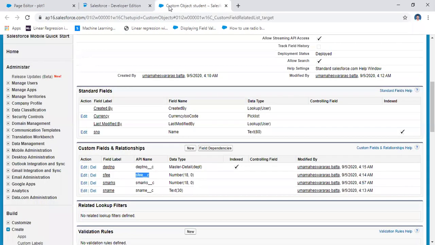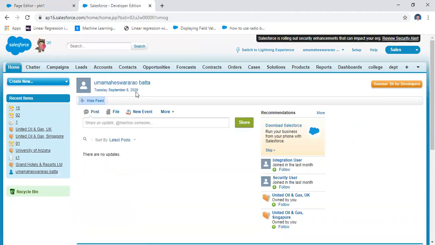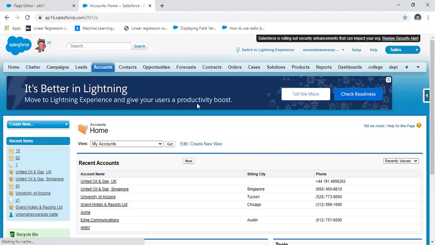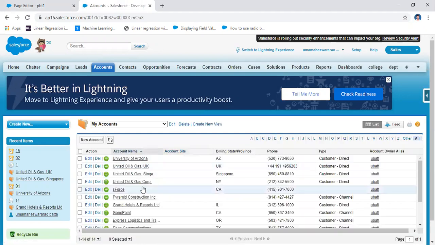From the sales related information, I'm going to display the account information. That means I need to display the account name, and then billing or phone number, and then type. I need three pieces of information.